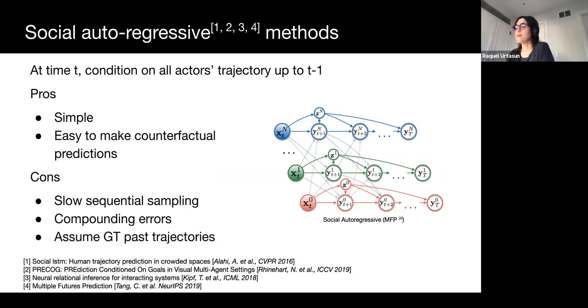In other words, the prediction at time t is conditioned on the samples of all the neighboring actors at time t-1, as shown in the graphical model on the right. This has the advantage that simple distributions can be used for the conditionals, and also that it's easy to make counterfactual predictions, where we ask how the trajectory distribution will change if we knew the trajectory of one or more